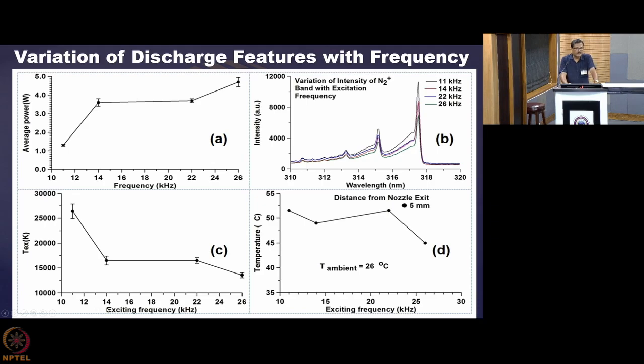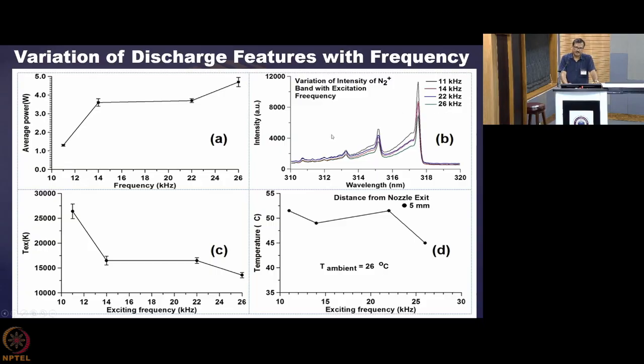So depending on the excitation frequency, you are able to control the temperature of the plasma that has been created. Similarly, the average power you can control, and the intensity of the plasma that has been generated goes like that, and you see that that is also impacted by the frequency that has been used